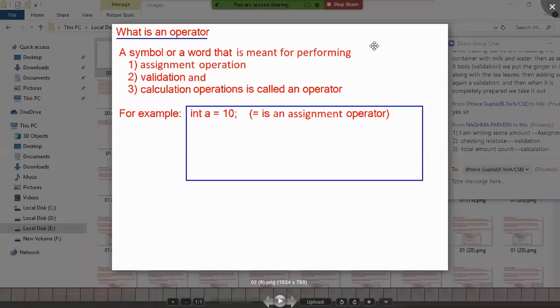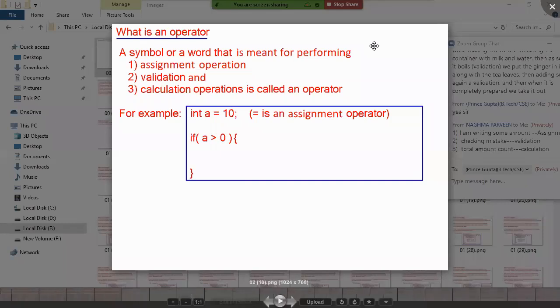We have the equality operator, double equals to. So with a single equal to and double equal to, you have confusion. That's why I want you to stop pronouncing it as equals to. Pronounce it as assignment. Int a assignment 10, or you can say 10 assigned to a variable. So what operator have I used there? Assignment. That way in the exam you don't commit mistakes between the double equal to operator and the assignment operator. Okay, fine.